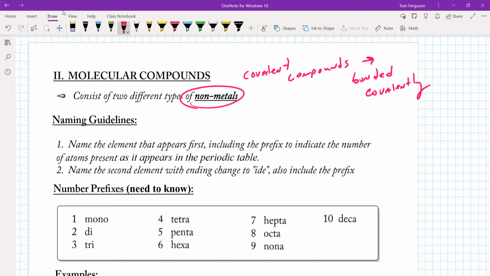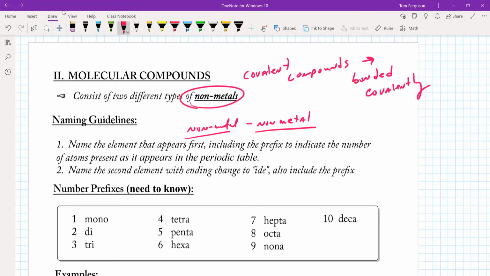Non-metals can also bond ionically, but when we have two non-metals together, okay, a non-metal bonded to a non-metal covalently, we are going to name them a certain way, as opposed to if we had a non-metal and a metal bonding together ionically, that is a different naming convention,